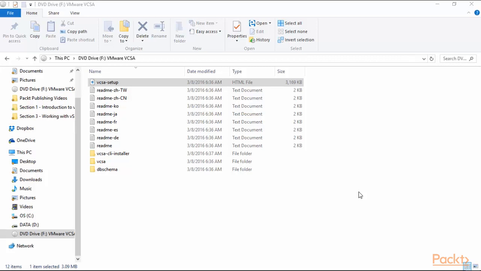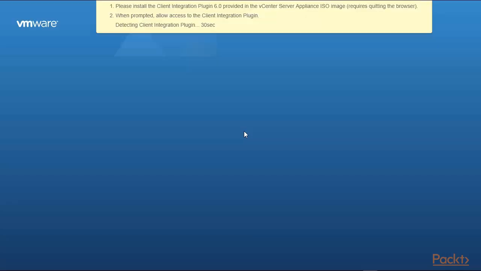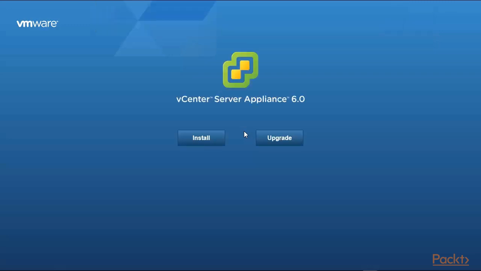We are now going to go through the process of installing a second vCenter server in linked mode. I've gone to my DVD drive where I have the VMware VCSA ISO loaded. I navigate to the root directory, select VCSA-setup, and open that with Internet Explorer. It's going to detect the client integration plugin, which takes a few seconds, and here I am at the installation screen for vCenter Server Appliance